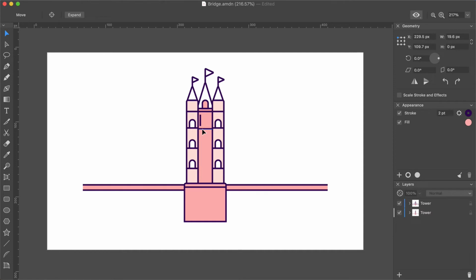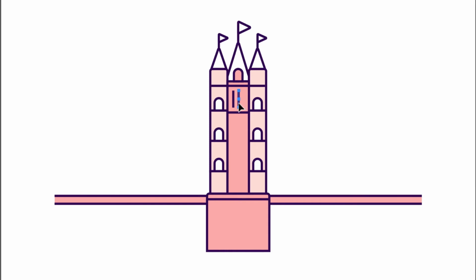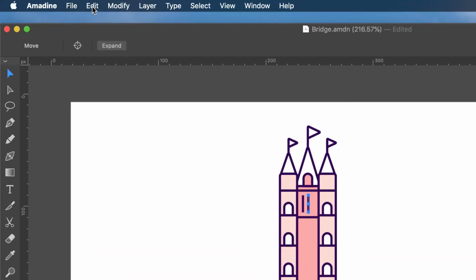to the bridge. You might have noticed that the bridge has plenty of identical elements, so we can create each unique element only once and then duplicate it. To create a copy of an object, select it. Activate the Move tool. Now press and hold the Option key and then drag the object. Notice that you are moving the object's copy. Drop it at a new position by releasing the mouse button first and then the Option key. You may also duplicate any selection by pressing Command-D or by clicking Edit, Duplicate in the Program menu.